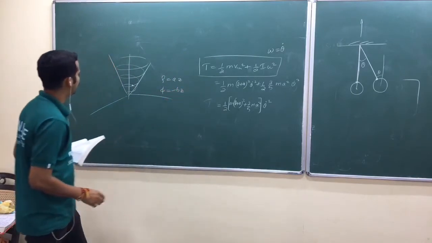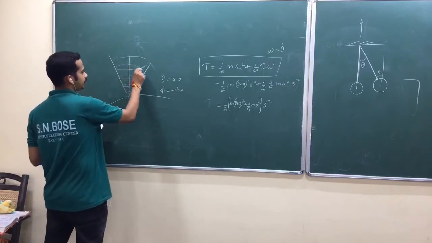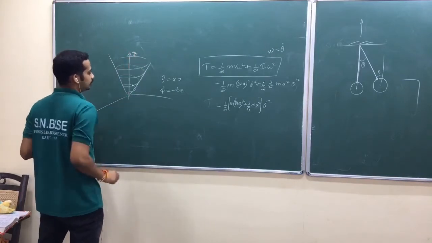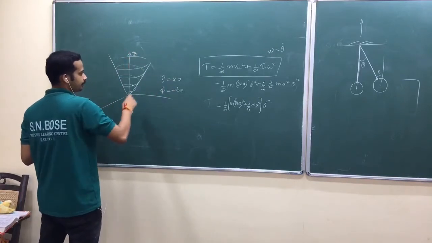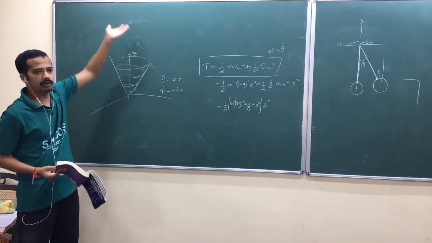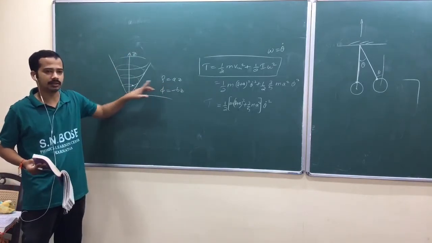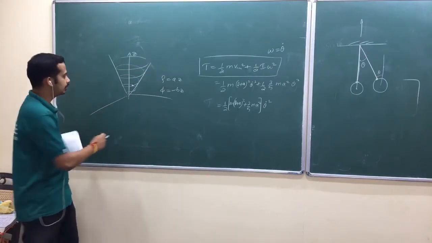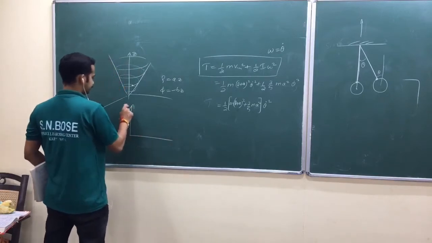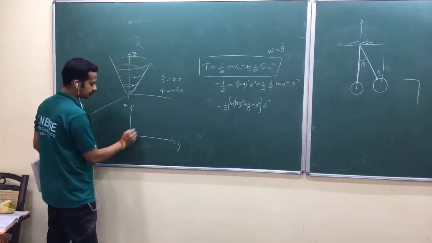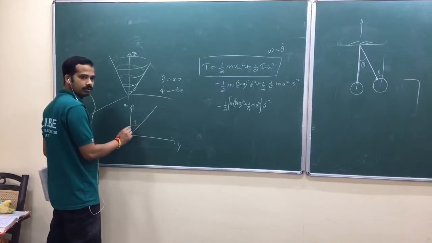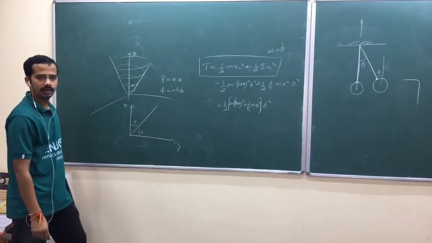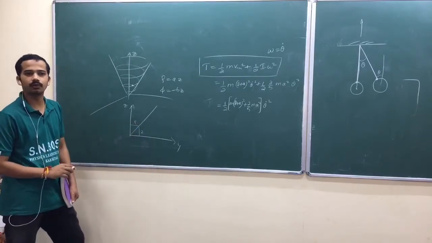Look at here. How do you define rho? Distance from the z axis is rho, am I right, in your cylindrical coordinate. So now rho is equal to A into z. When you move above along the z axis, rho is increasing. That's the behavior of a cone, and it is increasing linearly. Just take the zy plane. Now draw one line. This is rho, and this is z. Now rho is proportional to z. Again, rotate that with respect to phi, you will get a cone.